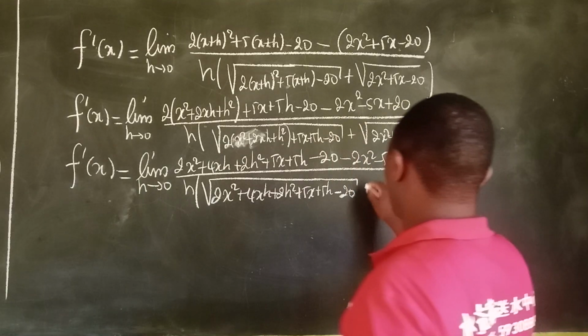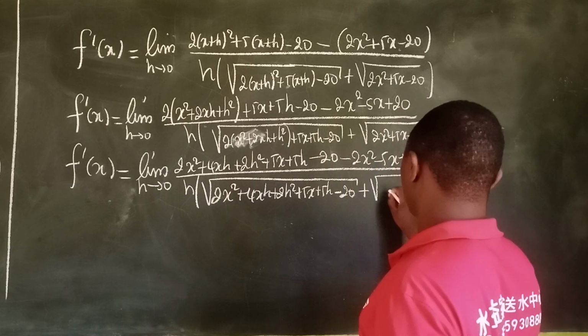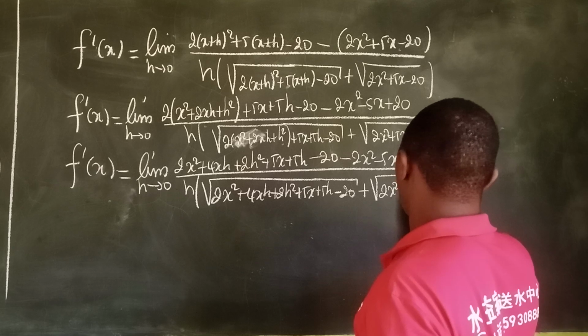Then add here the square root of 2x² + 5x − 20